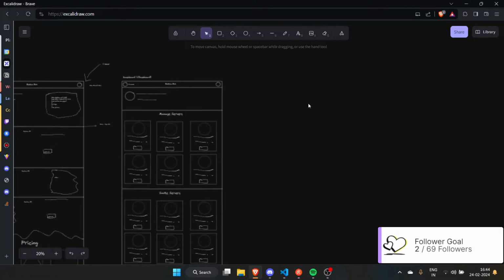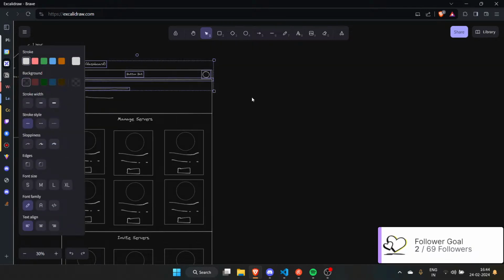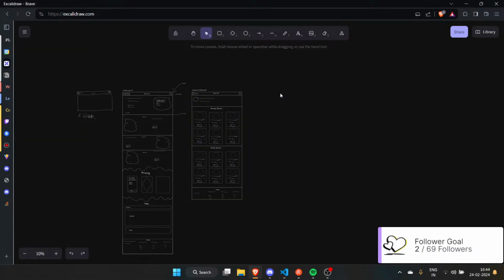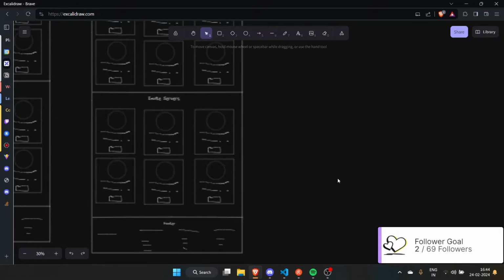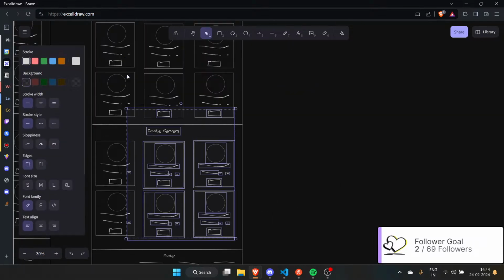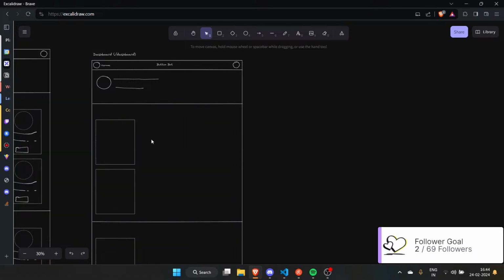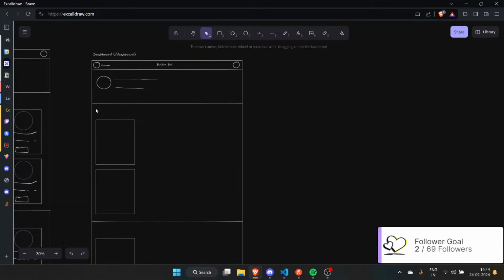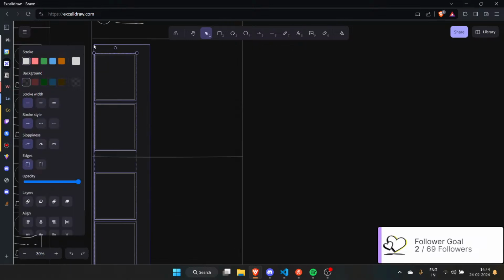So this page is done. Now I need to set up the next one. I'll just copy the whole thing. Copy that, paste that. I'll obviously remove most of that. Delete. Probably I should remove these as well.